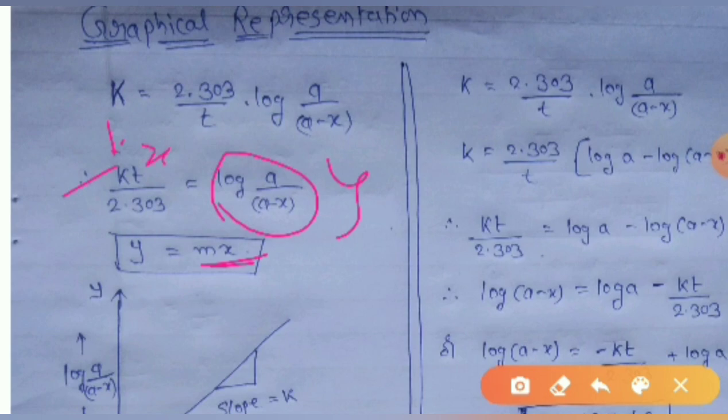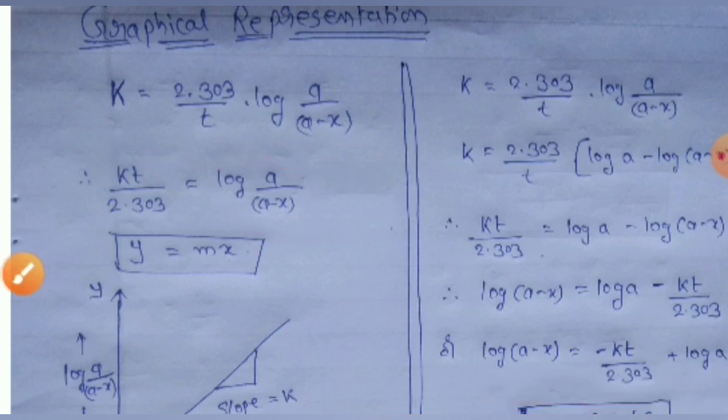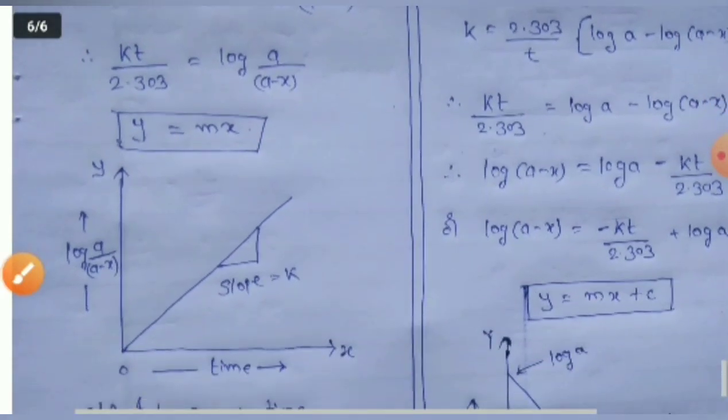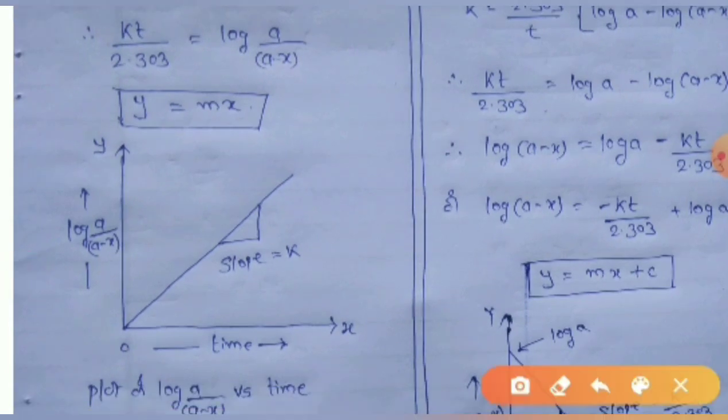Okay, so this is nothing but the equation of a straight line, the equation of the line passing through the origin. If you plot the graph of the above equation, we get this type of graph. On the x-axis, time is taken, and on the y-axis, log of a upon a minus x. So this is y, and t is x. The line is passing